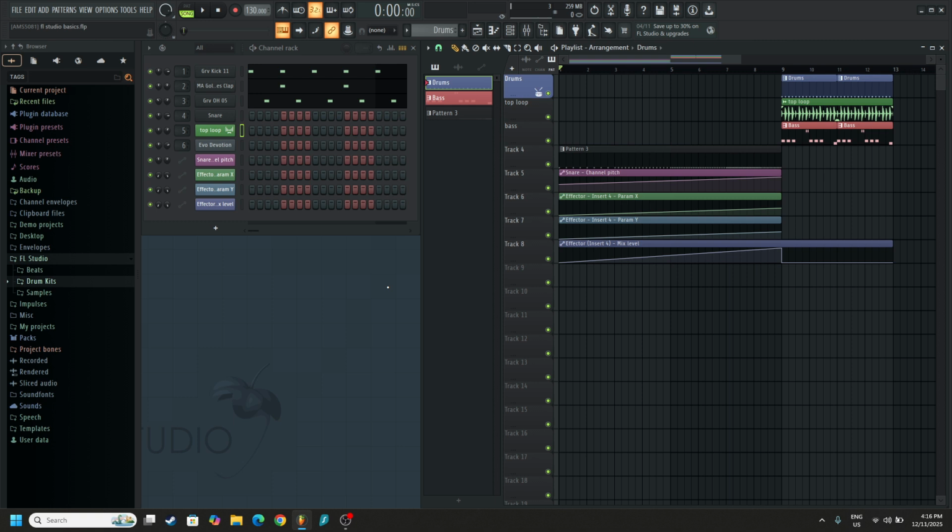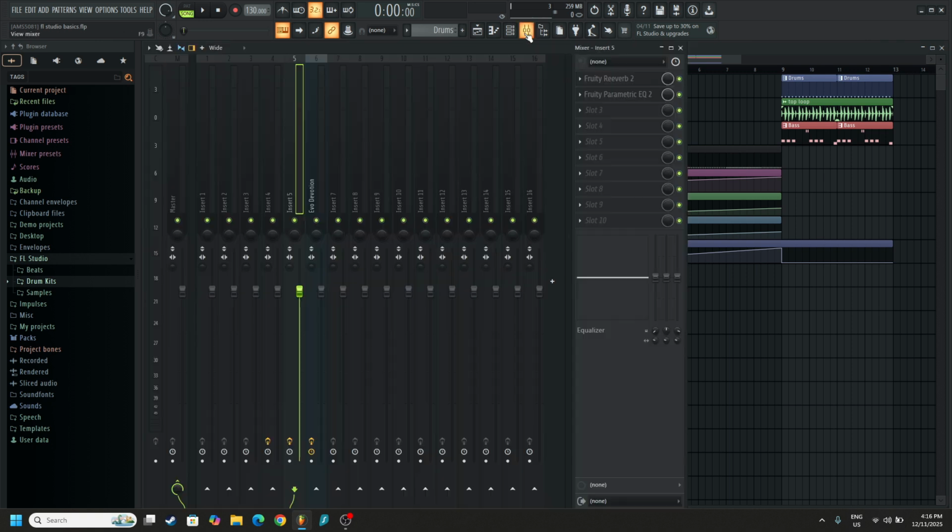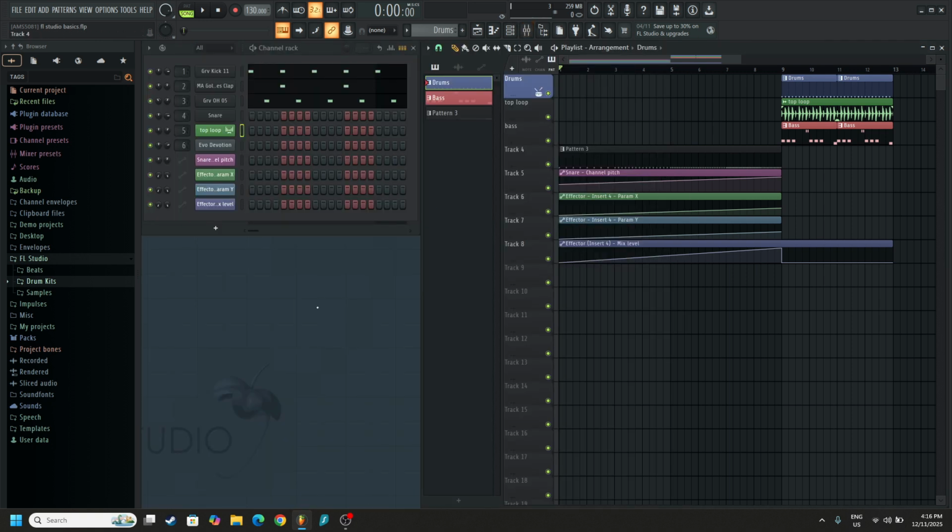Part 2 was looking at bringing in your own sounds, samples, how to stretch them into tempo, and looking at effects on our mixer. Part 3 we looked at automation and just organization, and as the final part to this,